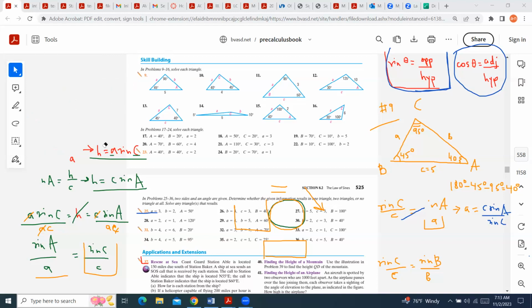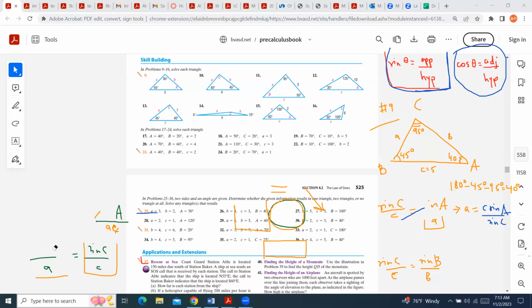I'll show you how the proportion rule works, and it looks like in this chapter we're going to have to use it every once in a while, so I want you to make sure that it's clear. So if we have sine C over C equal to sine A over A,